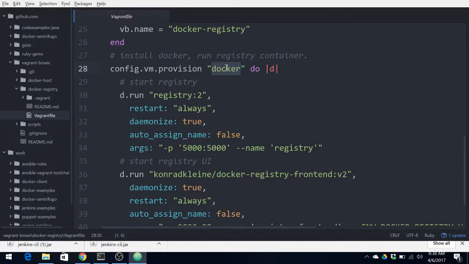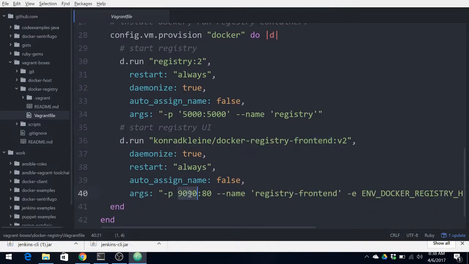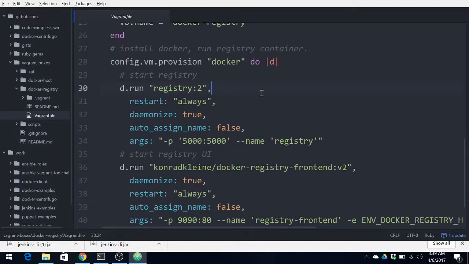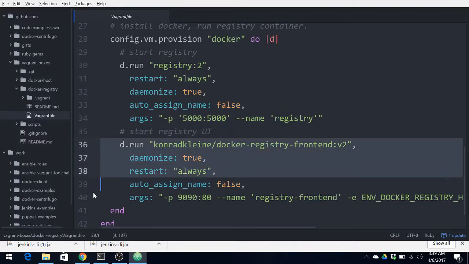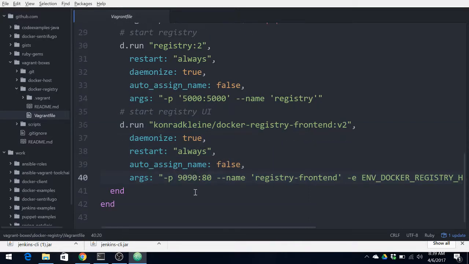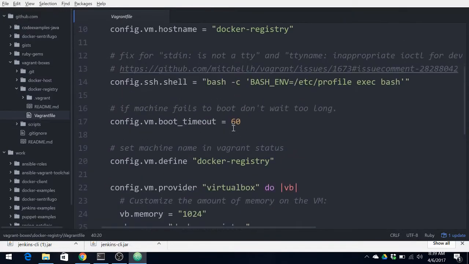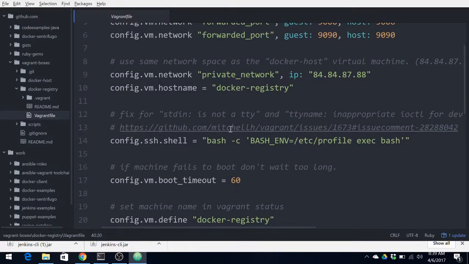The registry application that listens on 5000 is a Docker container, and the registry UI application that listens on port 9090 is also a Docker container. So I'm going to provision this using Docker. Basically, I'm going to start a Docker registry application, and a Docker registry UI application. And that's it. It's a fairly simple Vagrantfile, and it doesn't take too much time to provision.